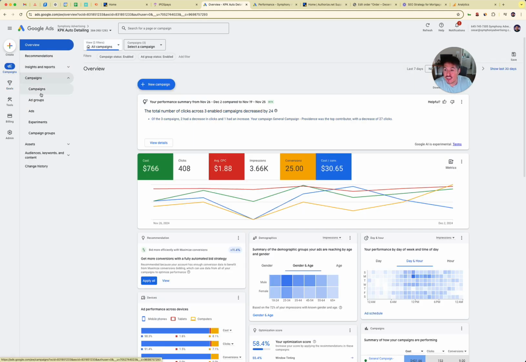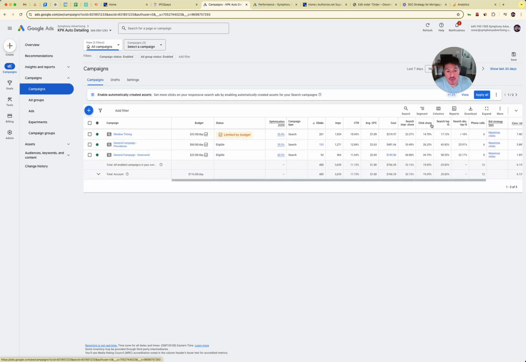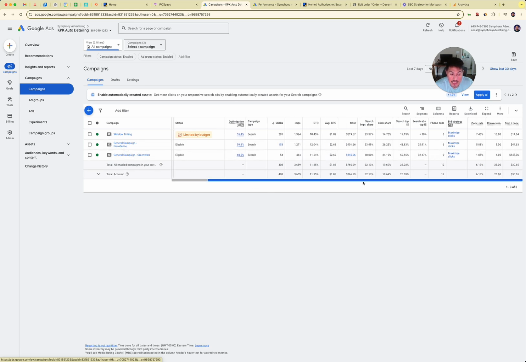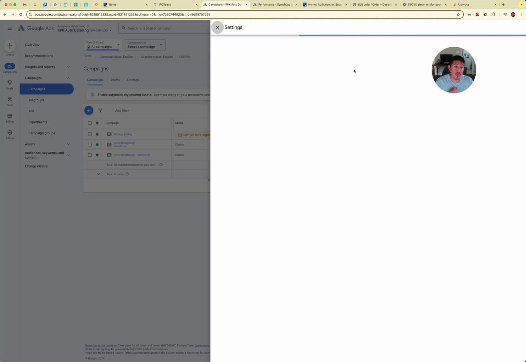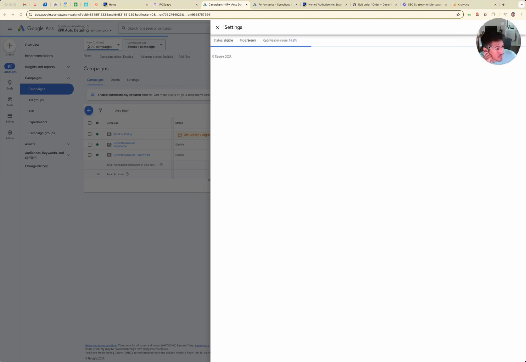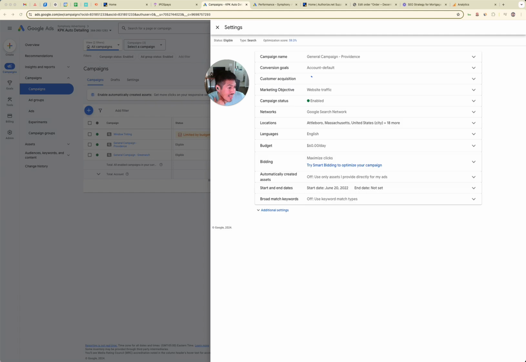When it comes to here, I like to view it like this. So the campaigns, right? These are our 3 campaigns, but if I wanted to look at, I guess I didn't even see, was it maximize clicks? Was it maximize conversions? What was it? Also, settings wise, make sure it's like this, because this will kind of get you